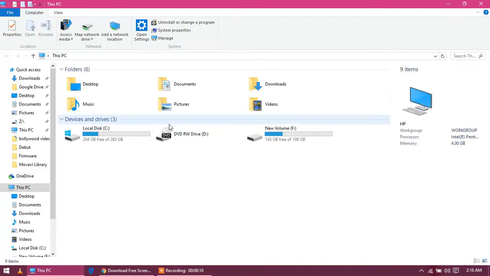Today I'll show how to use the VLOOKUP in